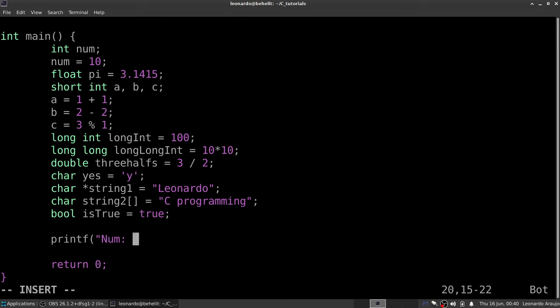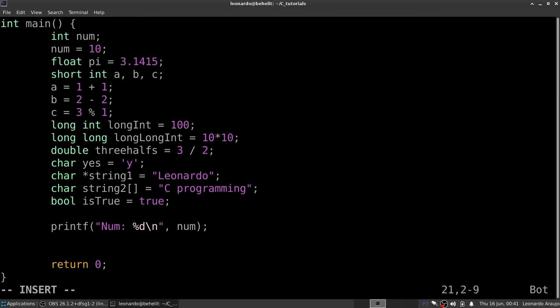So in C, if you want to print what is stored inside an integer value, use the % sign and then d, and I'll print here a new line character, and finish my string. So close the double quotes and comma, and then the variable I want to print. Of course, I can print multiple values in the same printf statement,